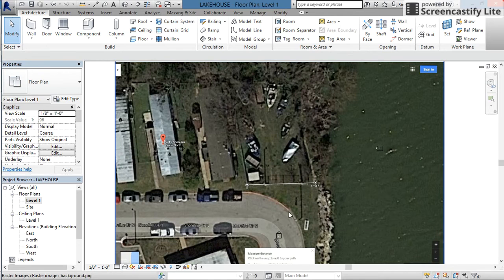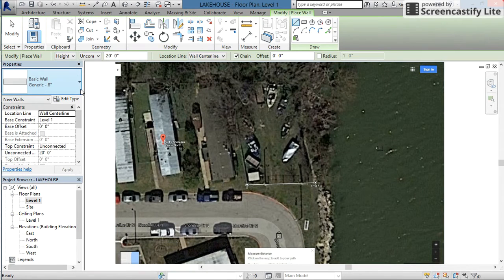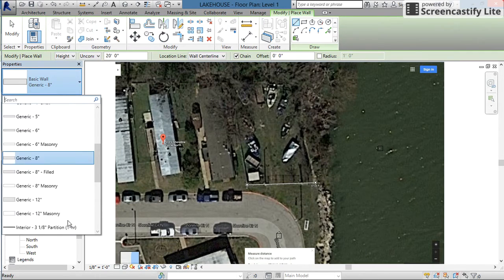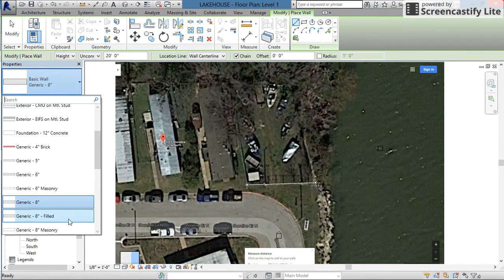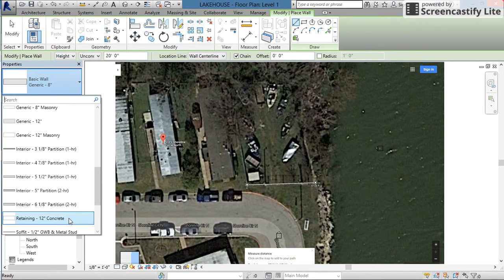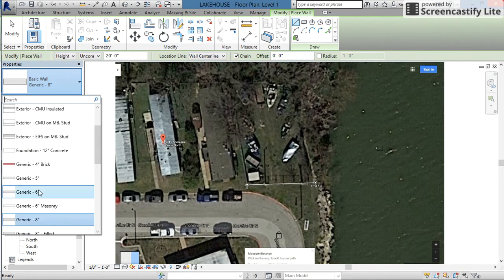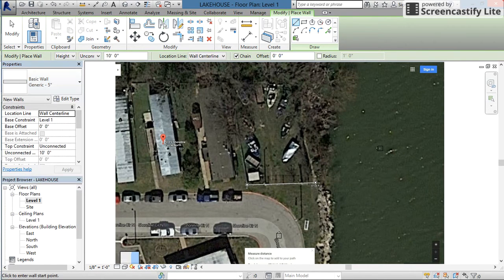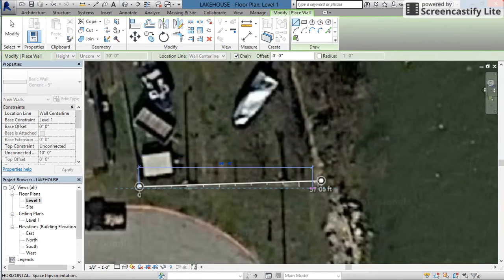Okay. So of course you'd want to add a fence just to kind of show where the boundary of your wall is. Let's see. I don't think I have a fence started. You don't have to use a fence. You can make your own wall and call it fence, or you can use like a generic 5-inch wall, and you're just going to trace this out where your fence boundary is